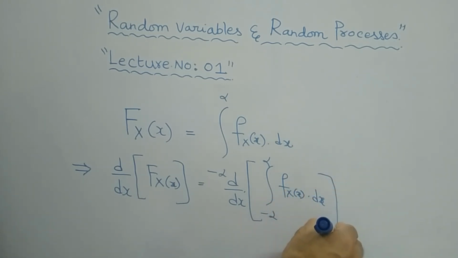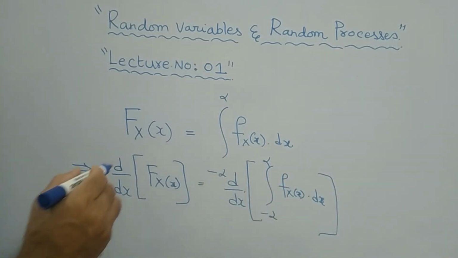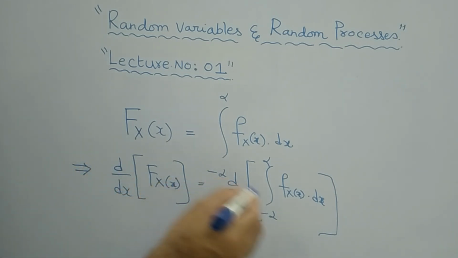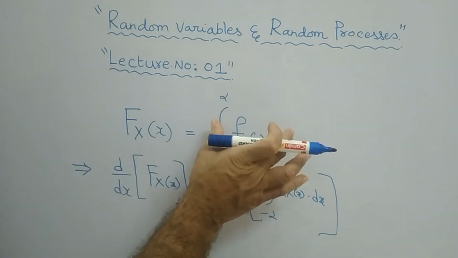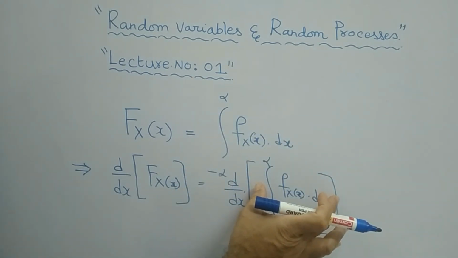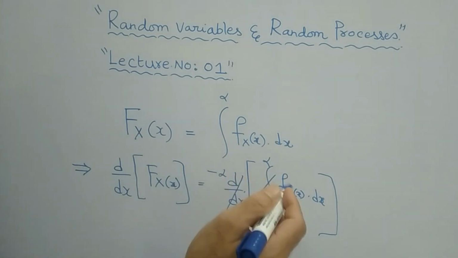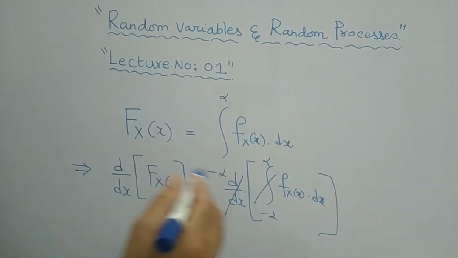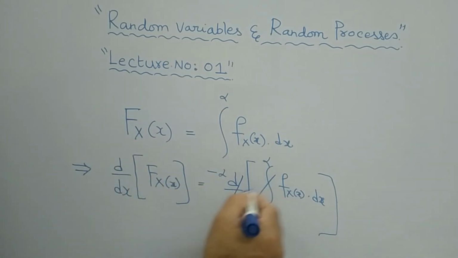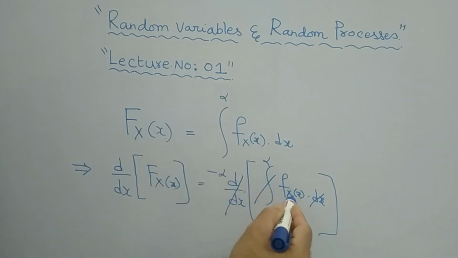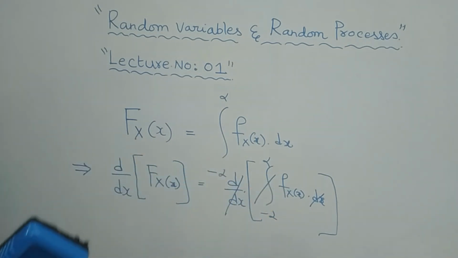Now, on the left side it is d by dx of F of x, and on the right side d by dx of the entire thing in the bracket. You know that integration and differentiation are opposite to each other, which means both will cancel out, even your dx will be gone. Then on the right side you will have simply small f of x, equal to d by dx of F of x. So on the right side you have only this relation.